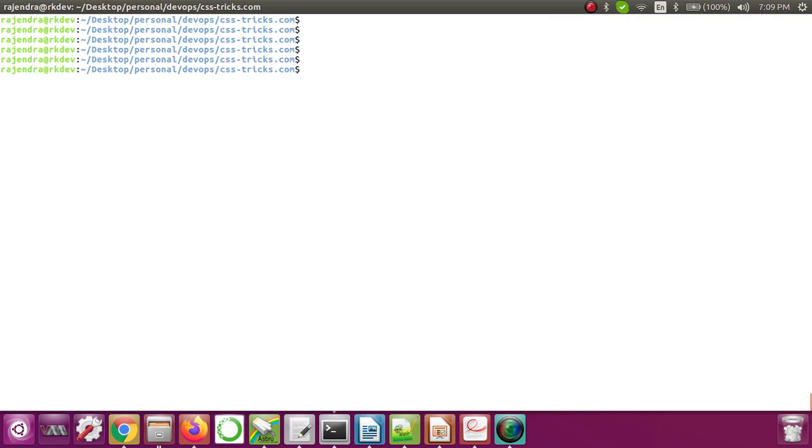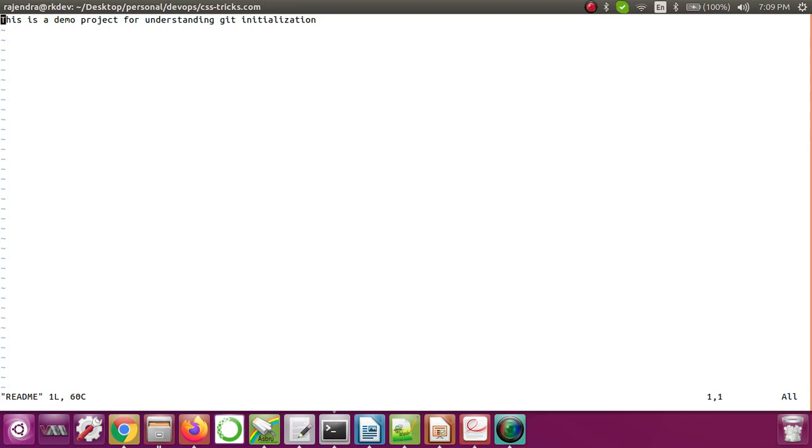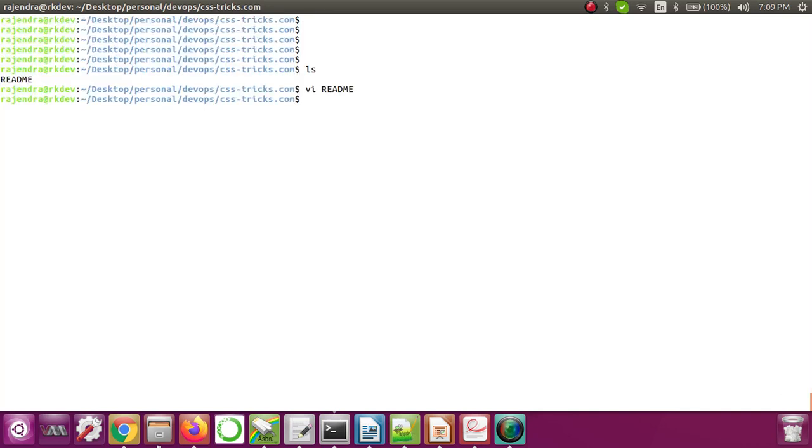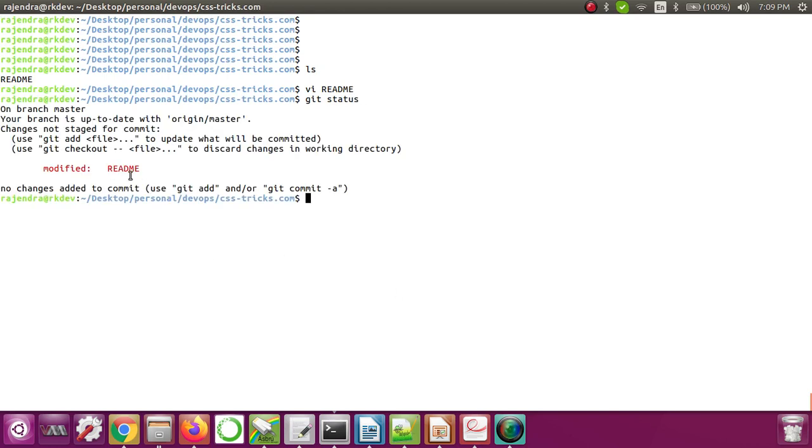So let's try whether it's working or not. Let me make some changes in the readme. Let me add some more lines: this is testing of SSH key in GitHub. Now if I do git status, you can see that the file is modified.